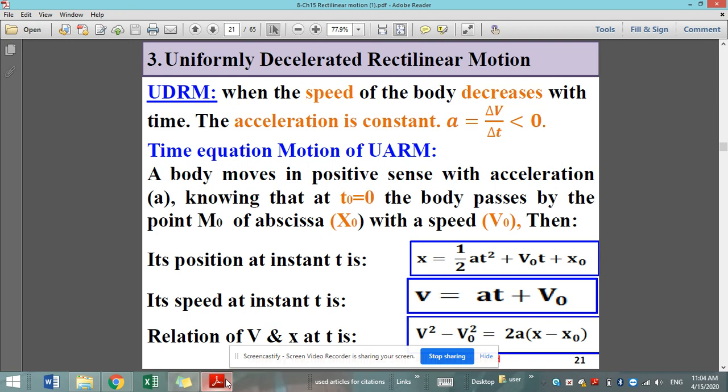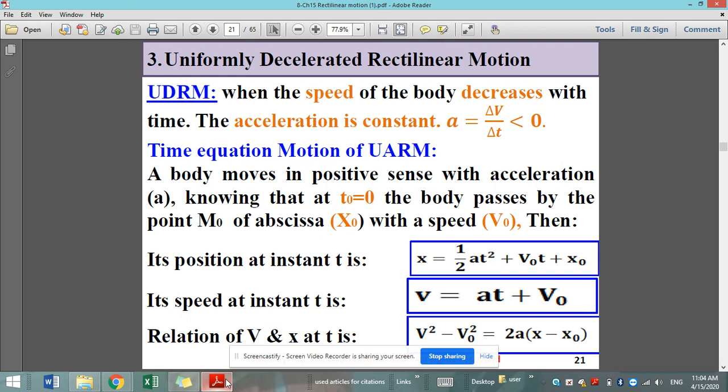A body moves in positive sense with acceleration a, knowing that at t0 equals 0, the body passes by the point m0 of abscissa x0, which is the initial position, with a speed v0, the initial speed. Then its position at any instant t is x equals half a t squared plus v0 t plus x0. As you can see, it's just the same as that for UARM. Its speed at instant t is v equals a t plus v0,